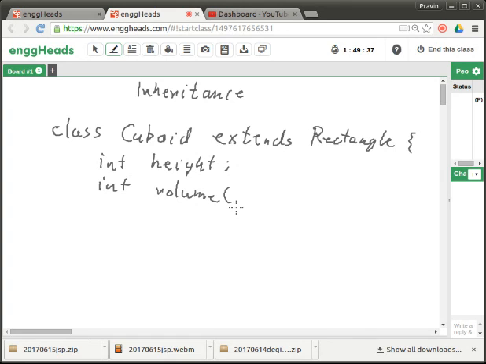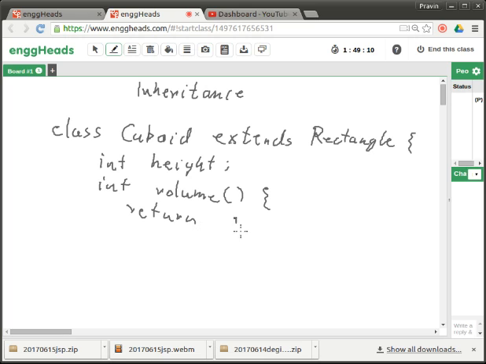Parameters for volume: nothing. On a cuboid object, we ask what's your volume, so we don't have to pass a parameter to the volume method. What's the code for volume? You have already inherited the method called area. So what can we write? Return